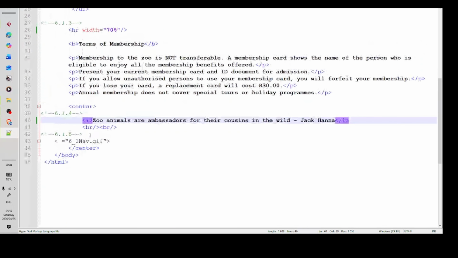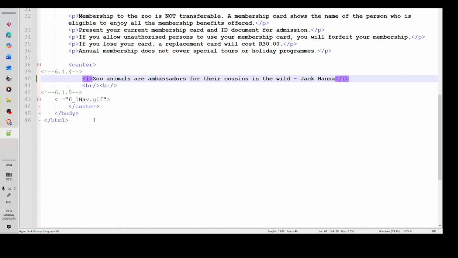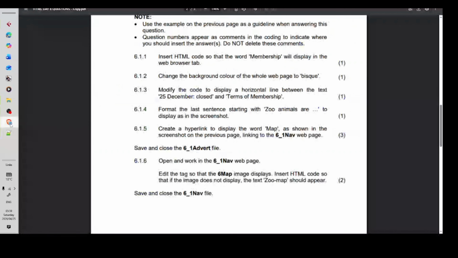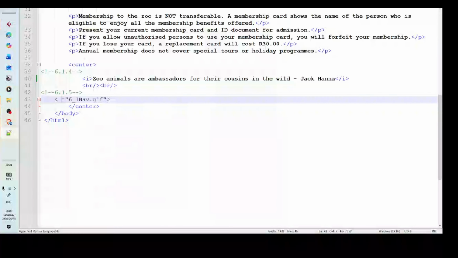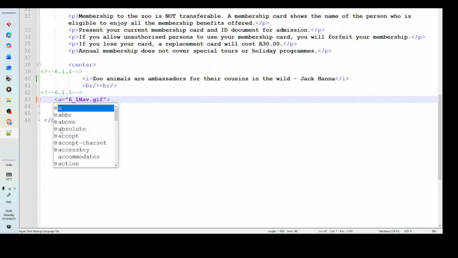Okay, let's see. Where is that? Oh, it's right there. So in this case, let's see, which tag can we use here. You go back to your text sheet if you are not sure, and then you'll see right there. Oh no, for links I have a href. Oh, there we go. I have all those things for links right there. So now how can I go about it? We are going to say href,